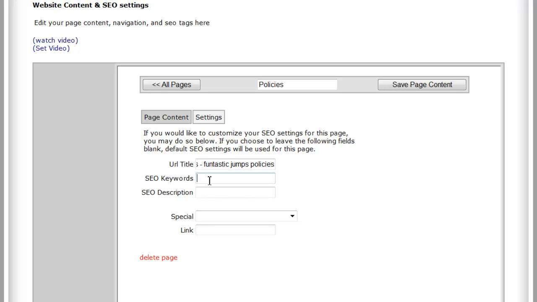site, the words that we're saying are on our site, which is what we're doing here, and the words that the customers are looking for to all agree with one another. So if they're looking for policies for fantastic jumps, then the text that's on this page should say policies at some point, and the SEO keywords, which are called meta tags and meta description, should also go hand in hand with that. So we're going to say